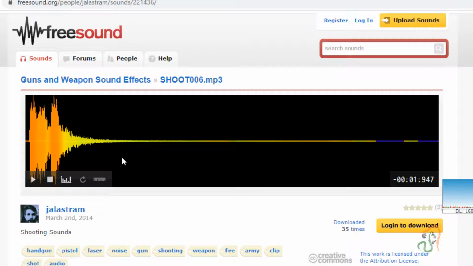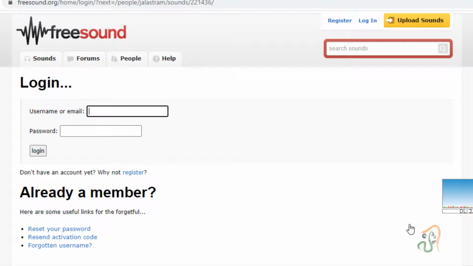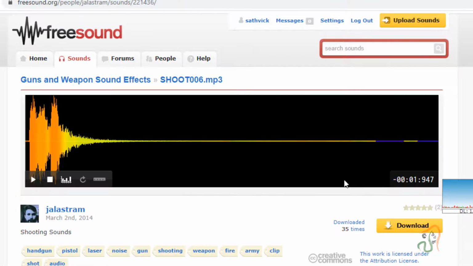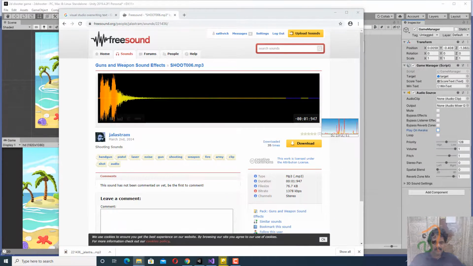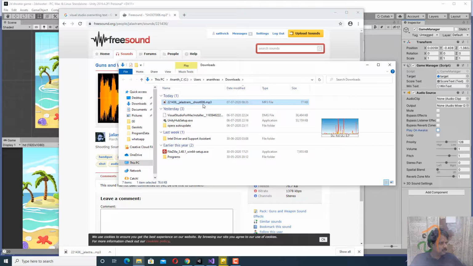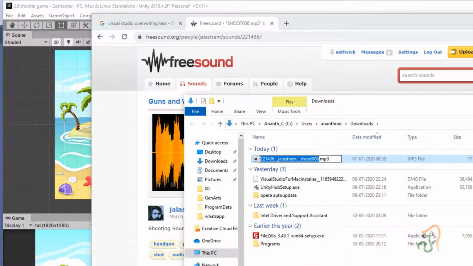Click on this sound, and you have to log in to download. So click login and log into your account. Once you are logged in, you will have the download button. Click the download button and the file will be downloaded. Now select this file. I am going to name this file shooting.